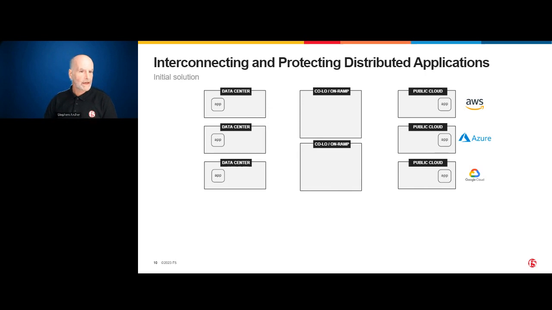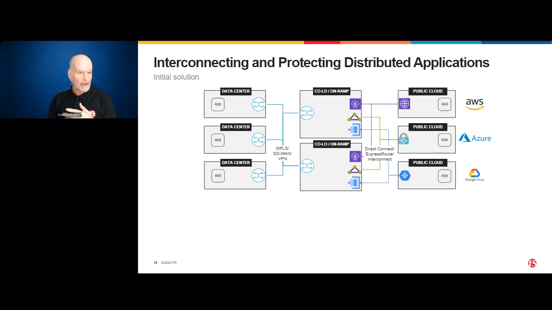So the initial solution that tried to address the problem actually centered on deploying two on-ramp locations. So the idea of these on-ramps would be that they would connect to the existing WAN of the organization. So the first thing to do, obviously, is actually connecting those on-ramps to that existing network, and then actually procuring direct connects, express routes, interconnects to all of the public clouds. That obviously is an expensive undertaking. Then it starts to get a bit more challenging, right? So then trying to build an orchestration solution that could orchestrate all of the necessary routing, so redistributing the routes from each of the clouds,